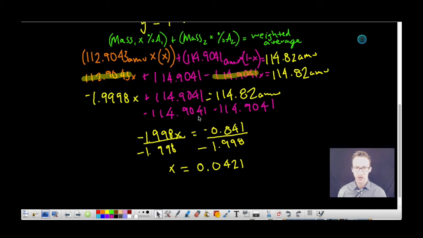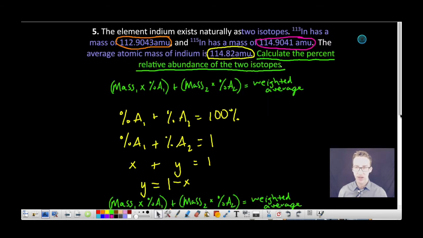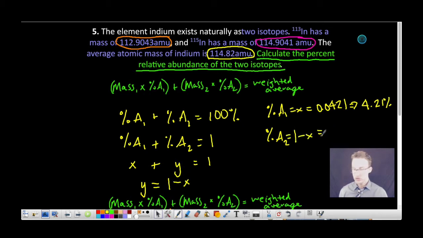What did we set that up for again? What is X? If we take a look back up here at the top, we said X was our percent abundance for that first isotope, indium-113. Percent abundance of that first isotope equals X, which we solved to be 0.0421, and in percentage format that would give us 4.21%. To get the percent abundance of the second isotope, we determined that to be Y, or 1 minus X, which will give us